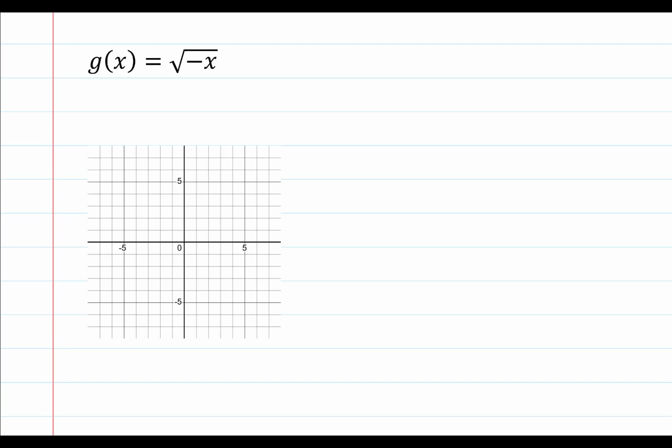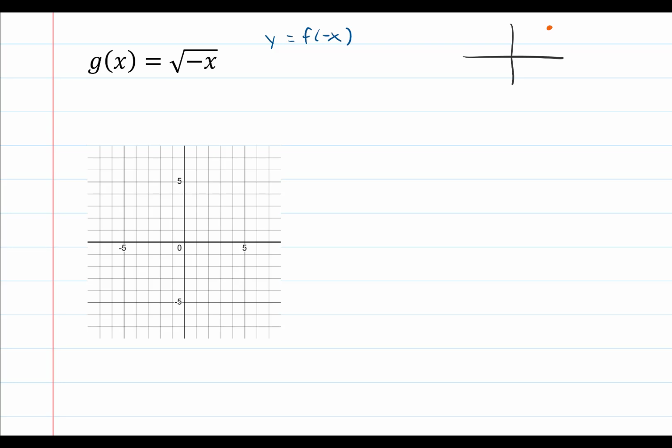Our second reflection would have a general form of y is equal to f of negative x, where the argument x has been replaced with negative x. So in this case, the x-coordinates will change to their opposite, or you can think of it as multiplying the x-coordinates by negative 1. If you're uncertain about which transformation this represents, go ahead and make a quick little picture